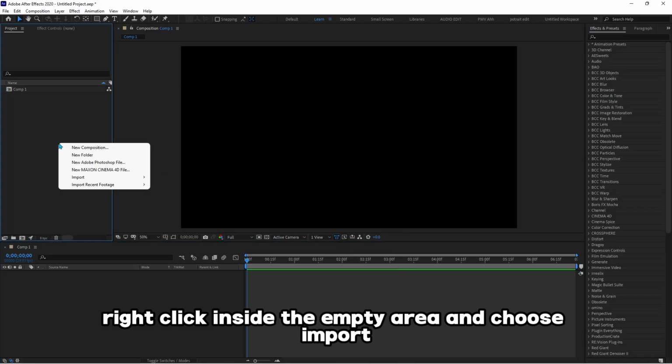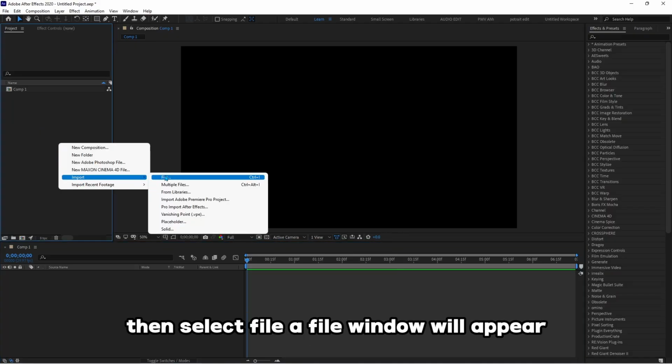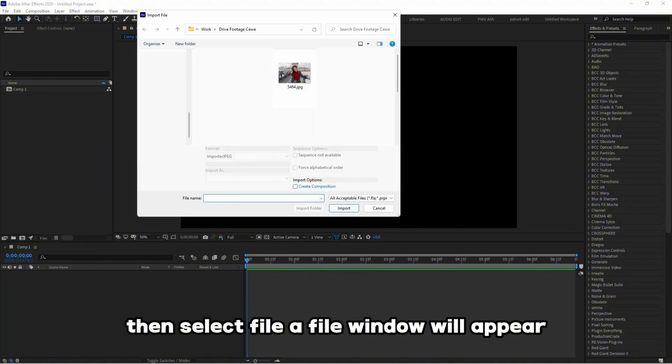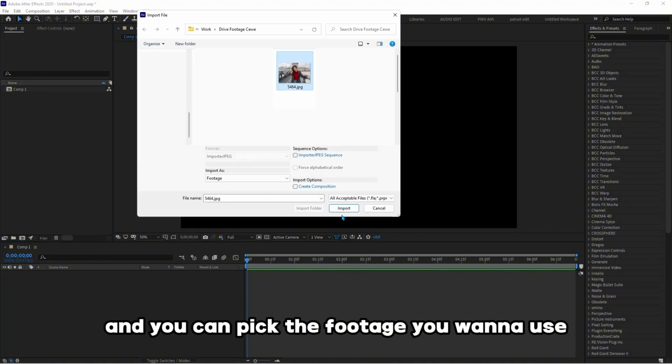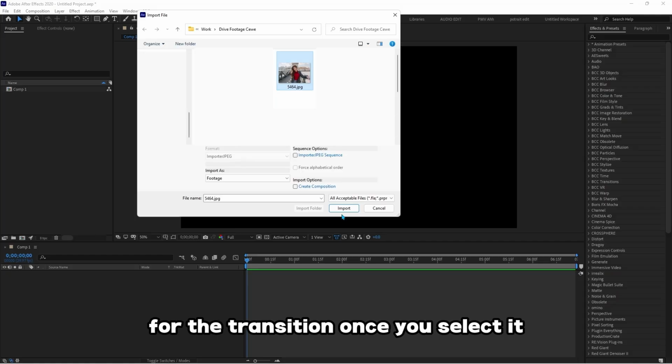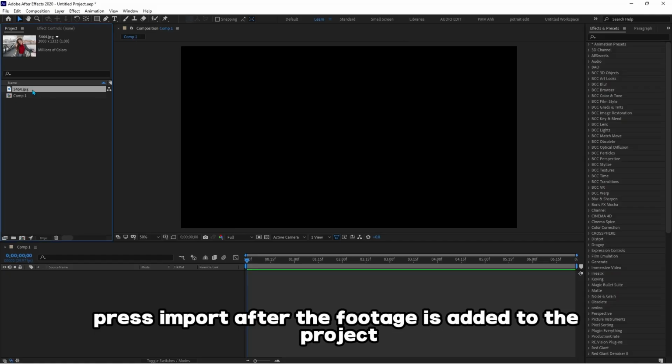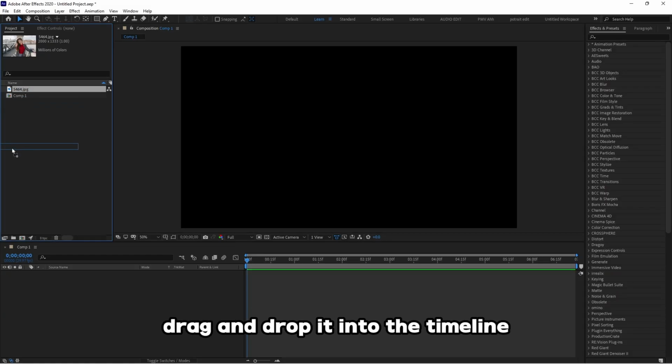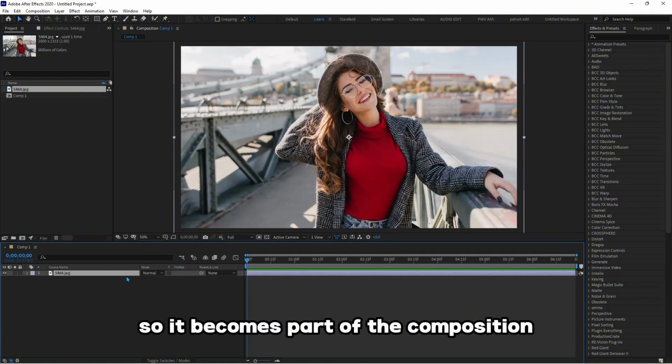Right-click inside the empty area and choose Import, then select File. A file window will appear, and you can pick the footage you want to use for the transition. Once you select it, press Import. After the footage is added to the project, drag and drop it into the timeline, so it becomes part of